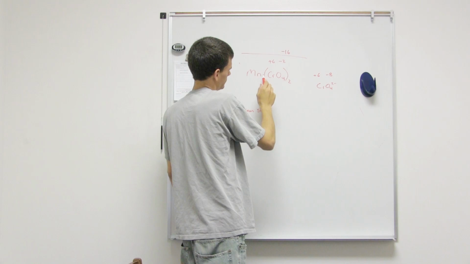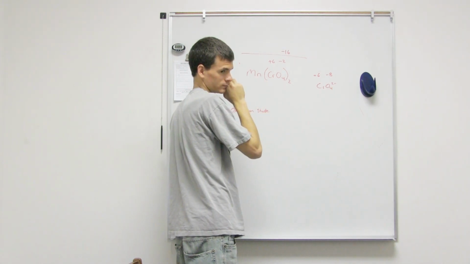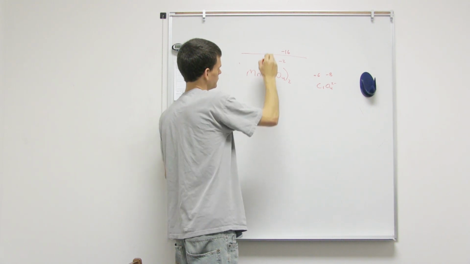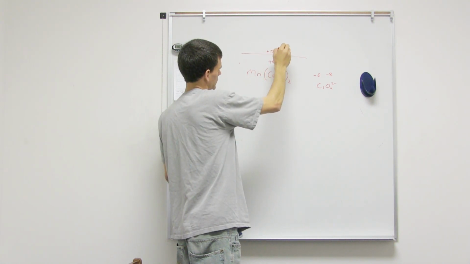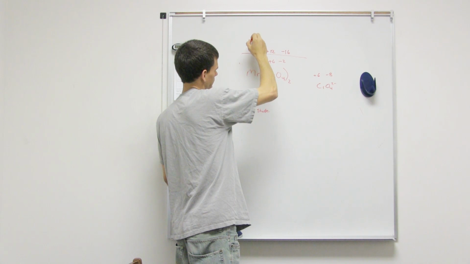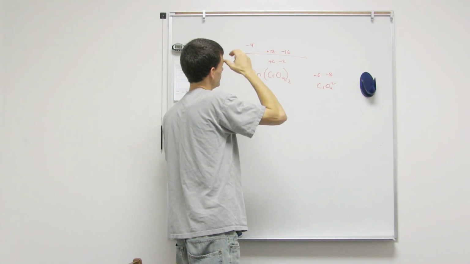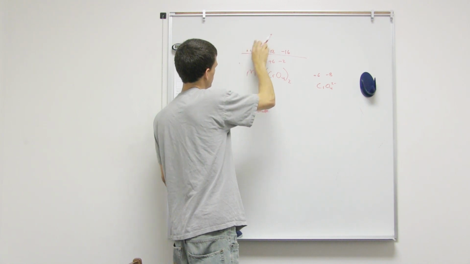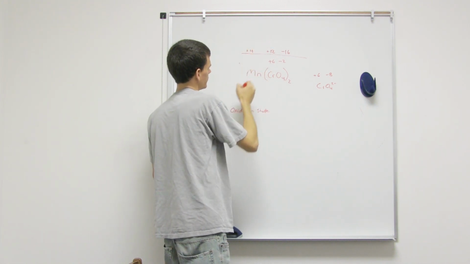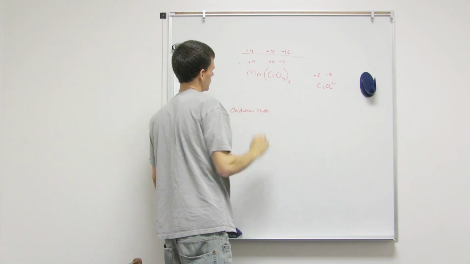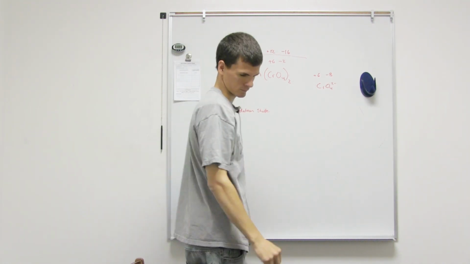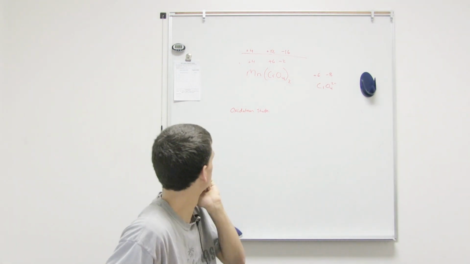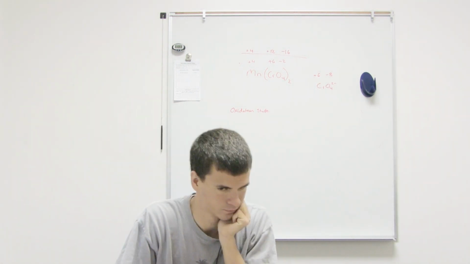And so there's 12 for chromium, so we're at -4. And there's just one of those. Okay, +4, chromium is +6, oxygen